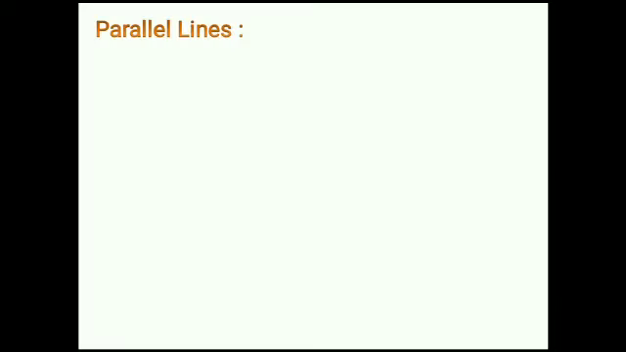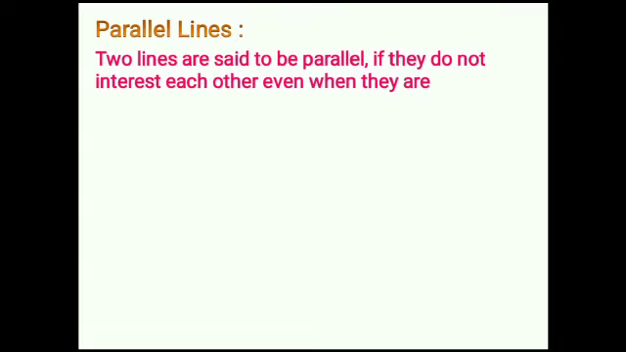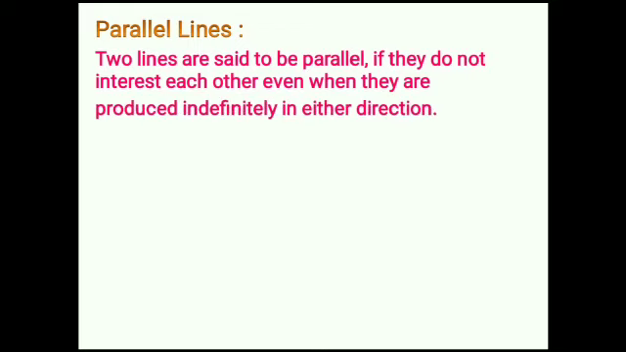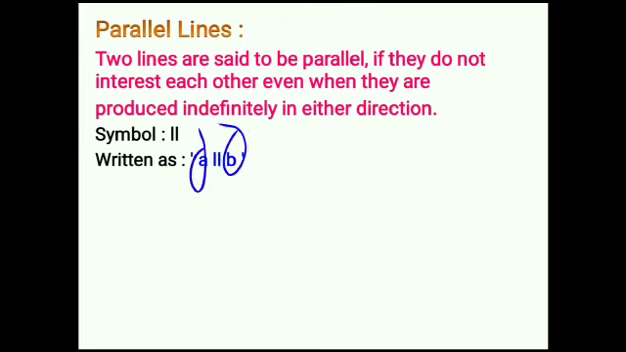Next point is parallel lines. So see here the definition of parallel lines. Two lines are said to be parallel if they do not intersect each other even when they are produced indefinitely in either direction. So see here, this symbol of two vertical lines is the symbol for parallel lines. Now we can write this parallel line. Suppose A is any line and B is any line, but they are parallel, so you can write it as here